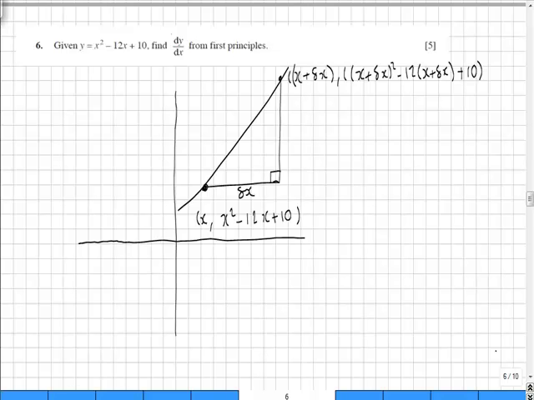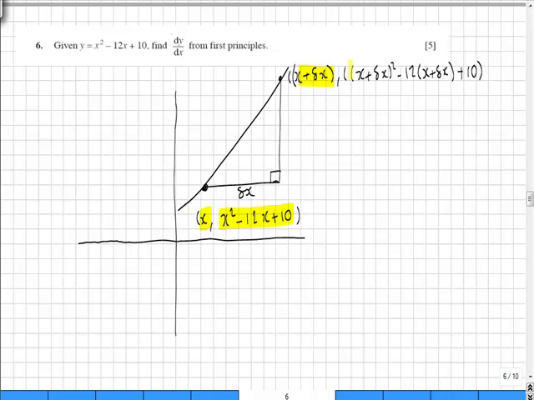In question 6, we're asked to differentiate the function from first principles. As in previous questions, I start by drawing out a generic curve, and I start with a standard coordinate of x squared minus 12x plus 10 as a y-coordinate. Then I move an extremely small distance along the x-axis called delta x, and then I create two new coordinates,